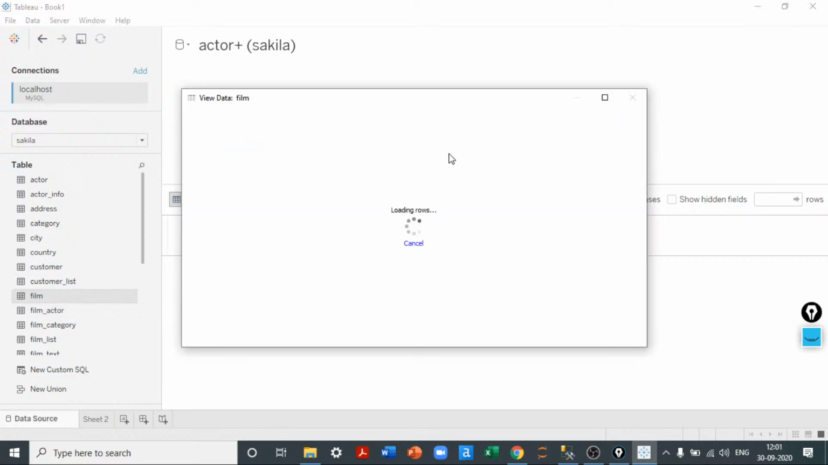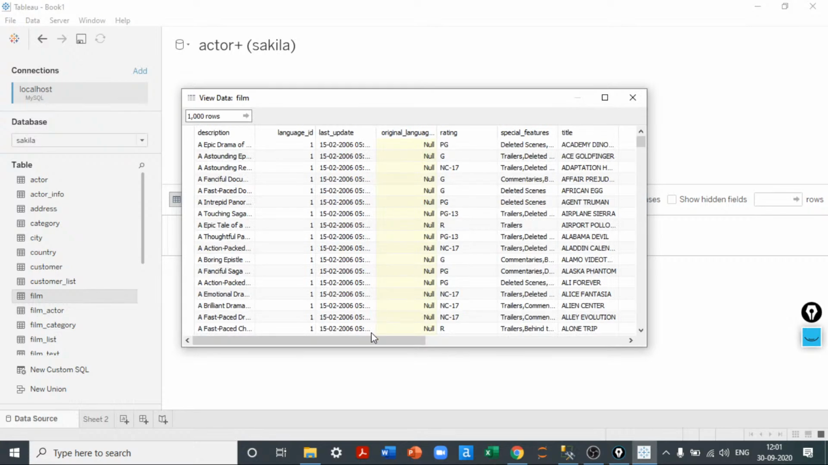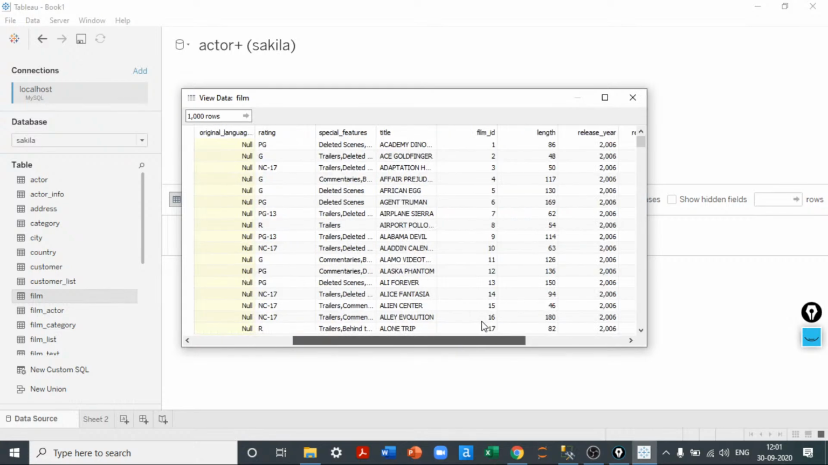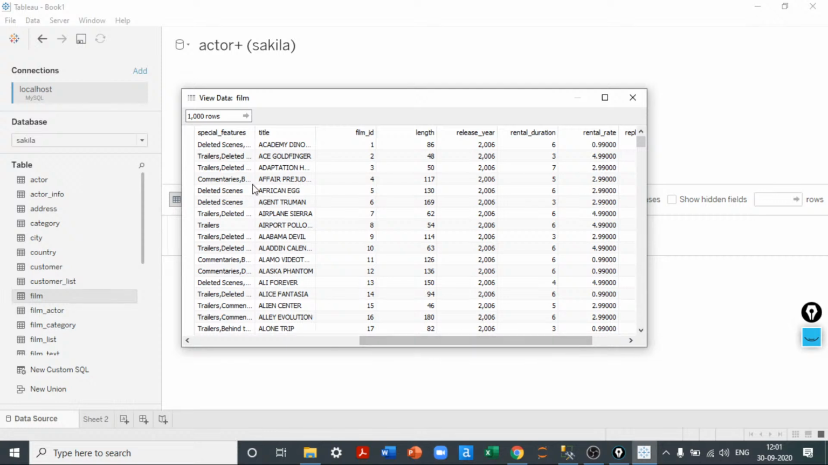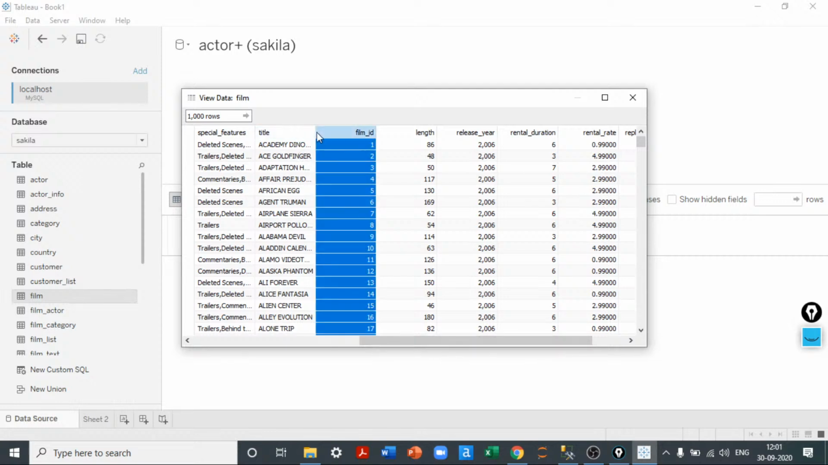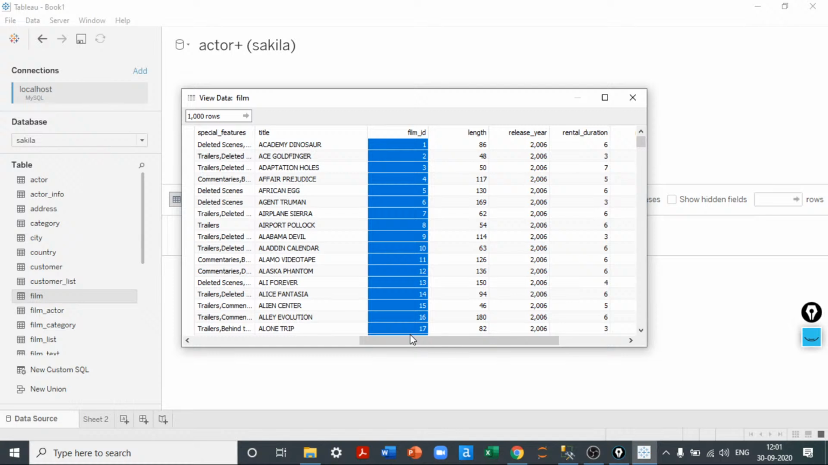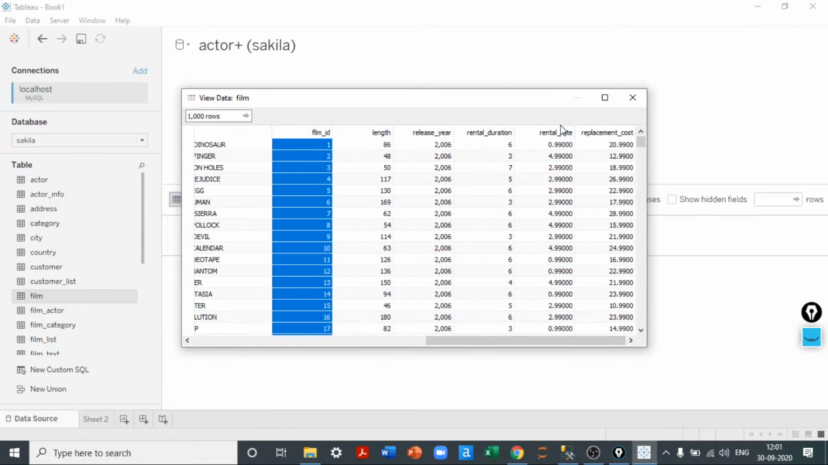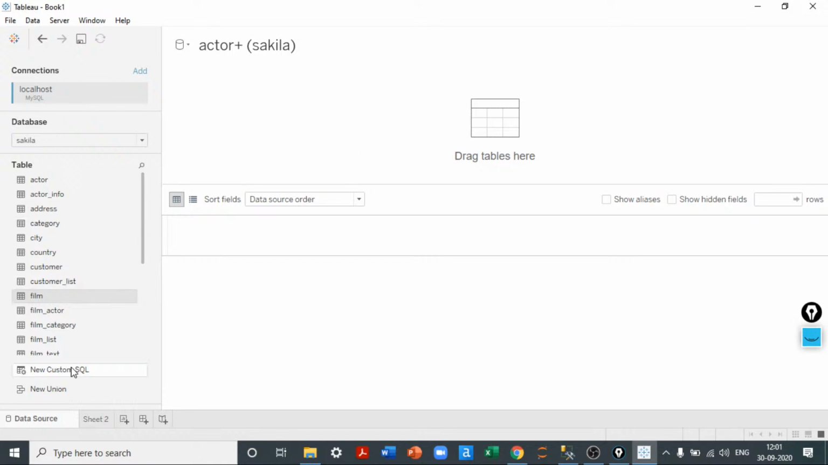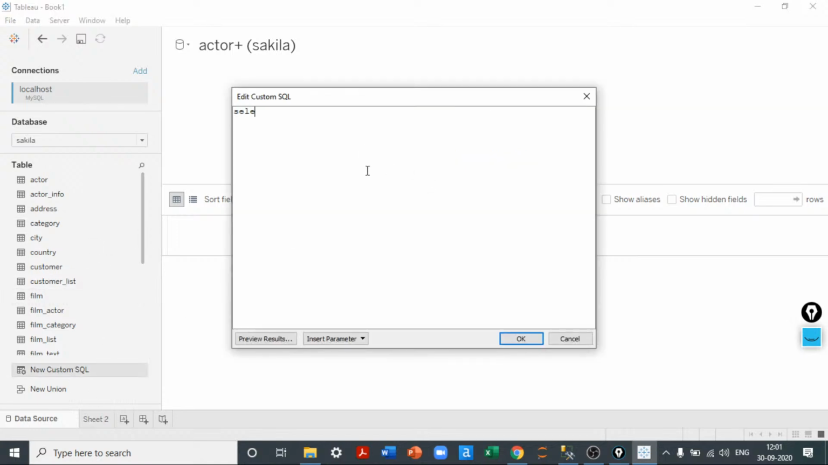And then from the film table, I wanted to retrieve the title of the film, and I can show the rental rate. I think this is pretty much enough. Okay, perfect. With that said, let me write my custom SQL. I can write the same select sequence that I wanted to have. I will say select